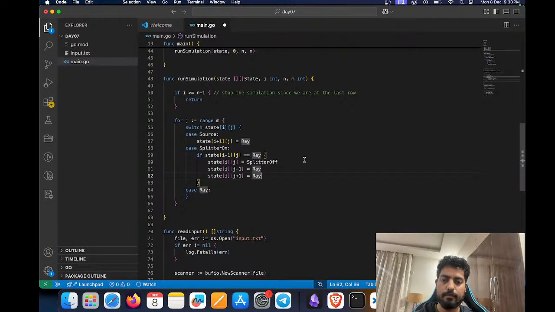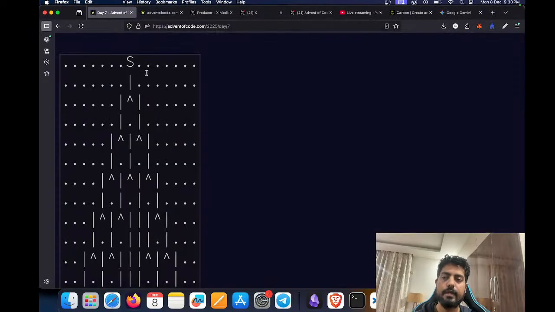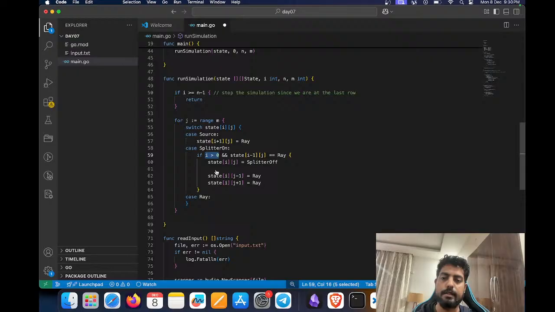So that is okay, and we just have to add some checks here. If i is greater than 0, and so this won't matter because we know that we don't have any splitter on the first row, but I'll just add this check just in case. So if i is greater than 0 and this condition holds, then state[i][j] is splitter off, because currently that is splitter. So it was splitter on initially and we are just turning it off,